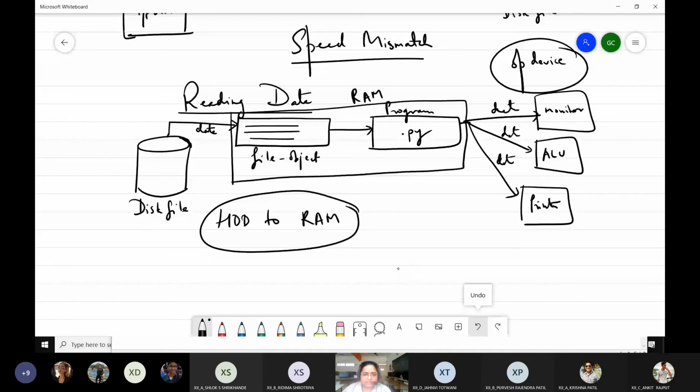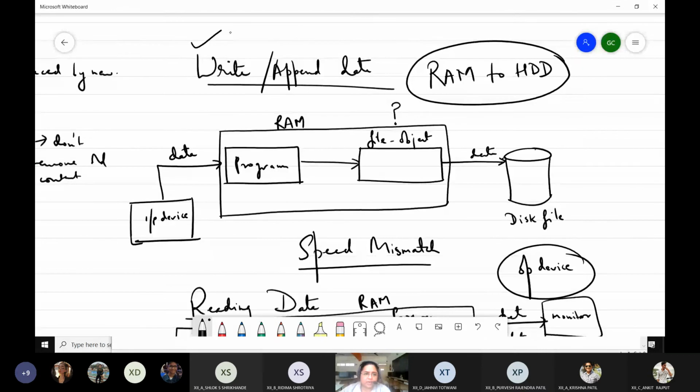Now, changes will be saved into the disk file only when you are working in the write or append mode, not in the reading mode. In read mode, only data will be read from your file, nothing will be written or appended. Understood that, everyone?